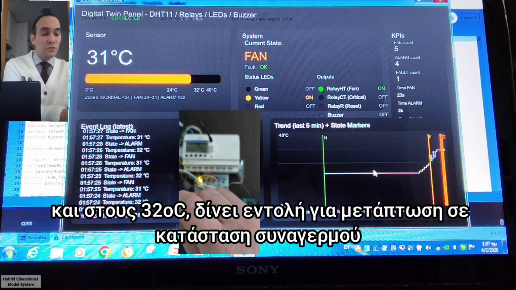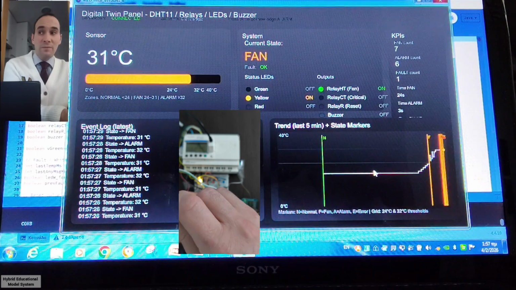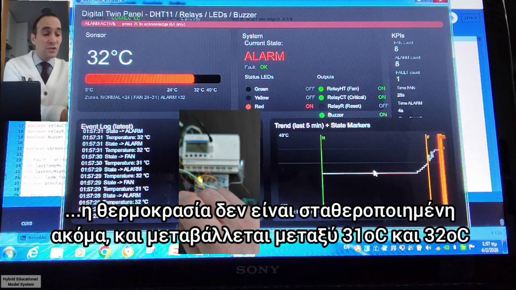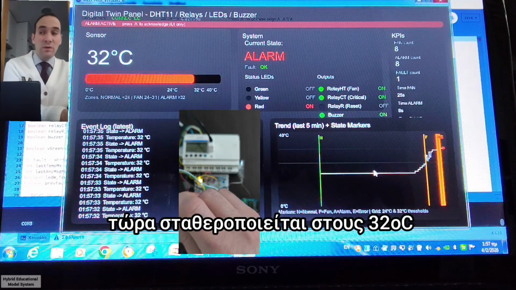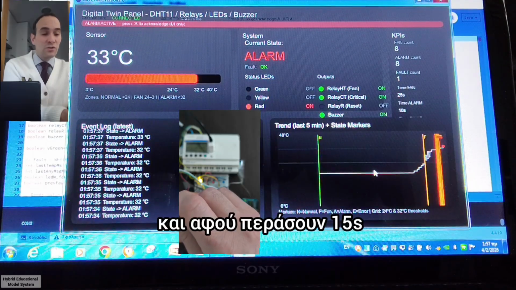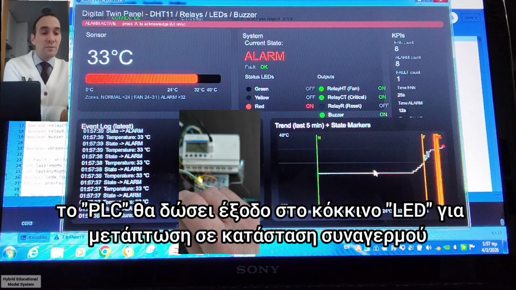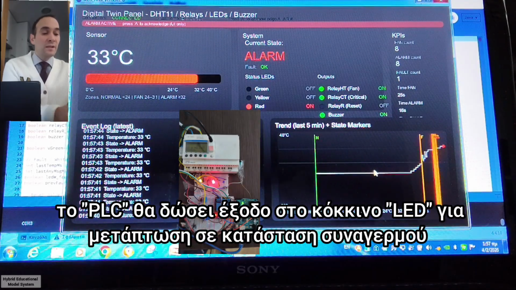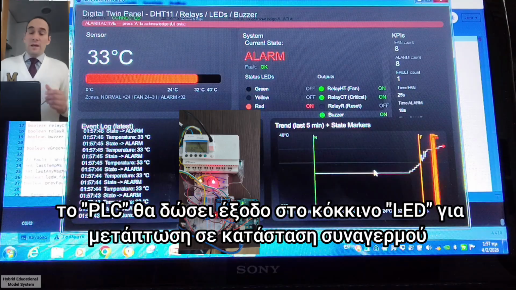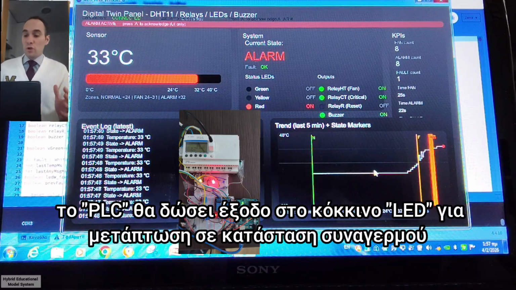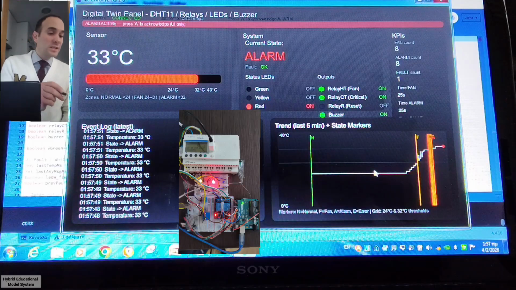Now it started to give the alarm, but because it is not stable, it cannot. But now it is stable, so if it passes 15 seconds, our system, the PLC will, okay now. So the PLC gives the output of the red LED, so we have alarm status, so we can see it in our system.